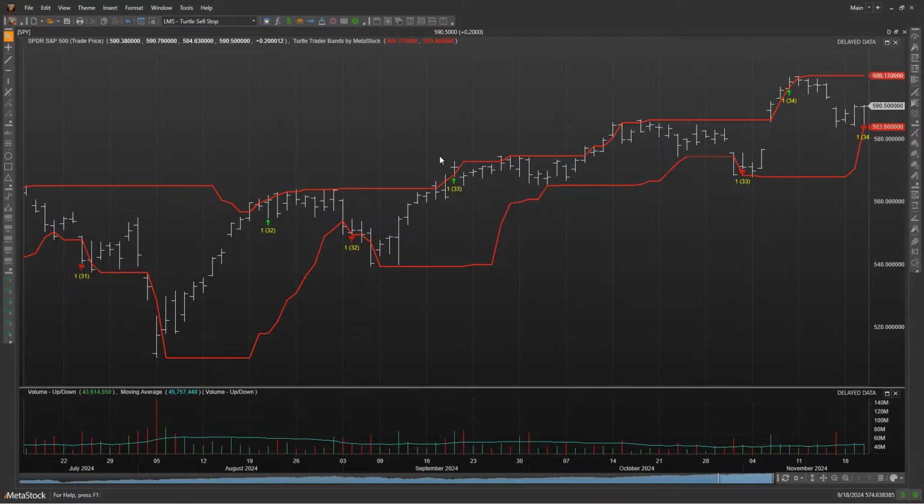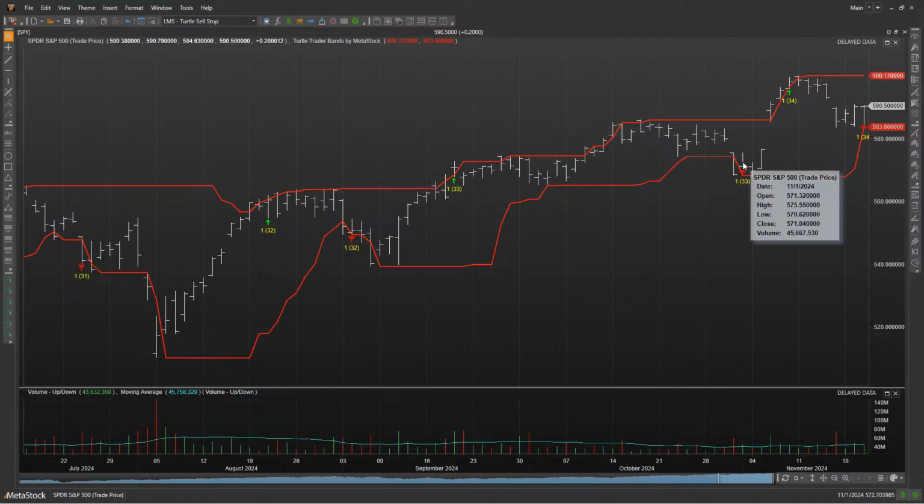So now if we look at this signal right here, for example, you'll see that we got in on this bar. And if you hover directly over this number here, this will tell you the actual price that you entered in at, which in this case is 571.01. If you hover over the bar itself, you'll see that the opening price is 571.01. So that's perfect. That's exactly what we want. We want it to enter in at the opening price, and then vice versa for an exit. We want to take a look at that, and you'll see that it got out at 574.41.